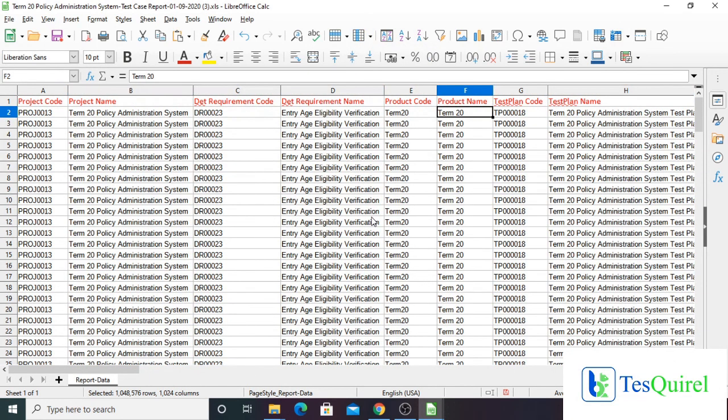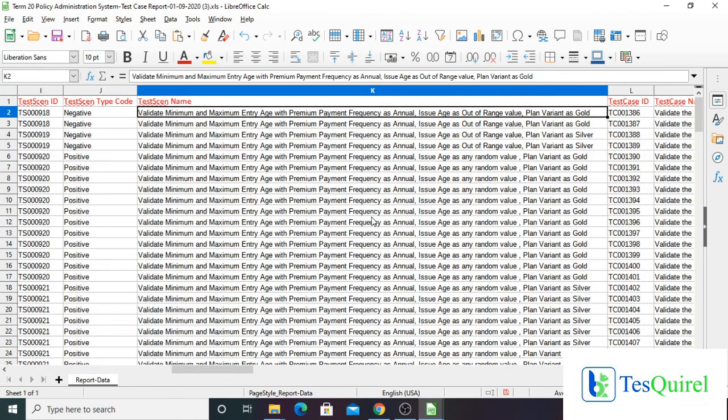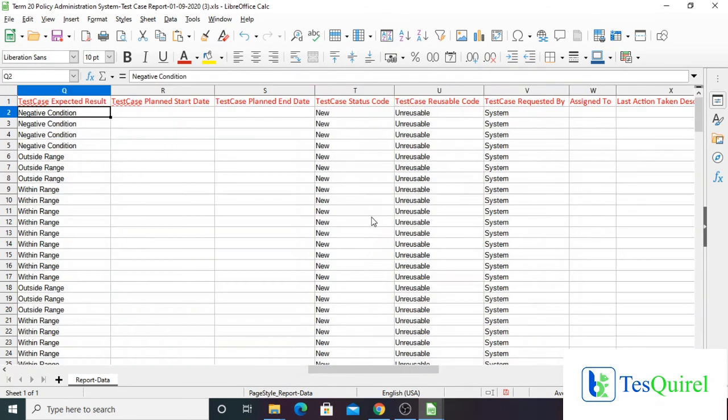So this is the Excel sheet containing all the details of all the test cases that have been created.